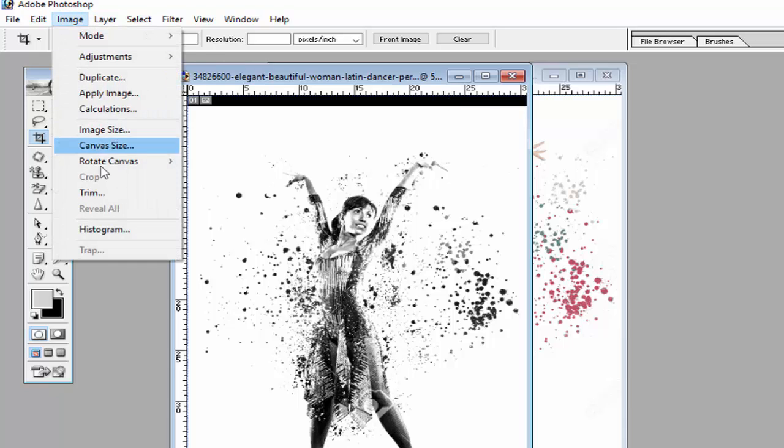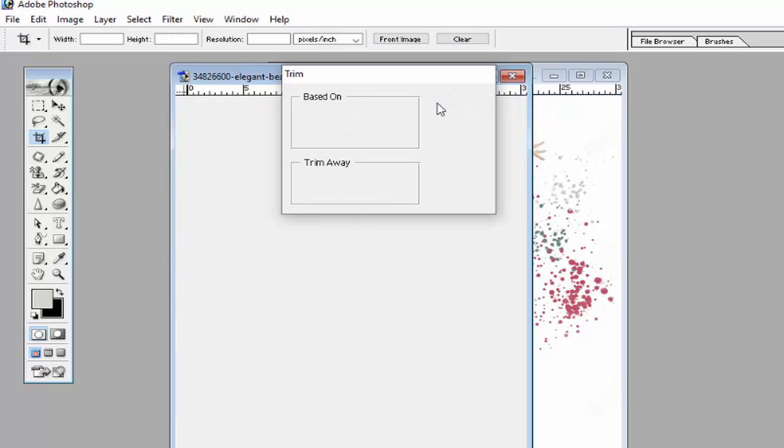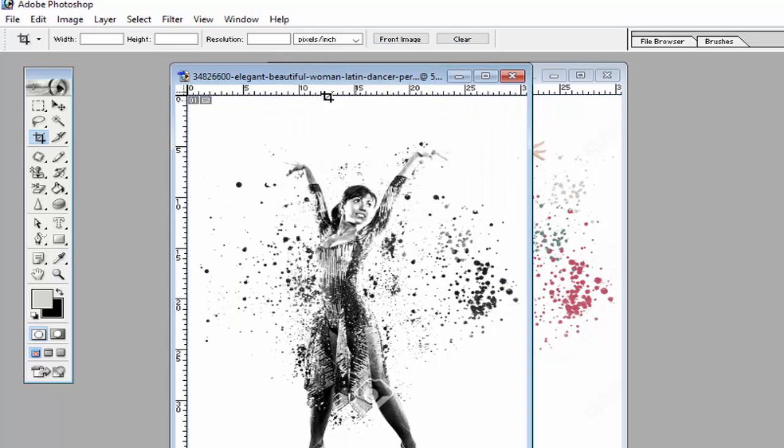This is a way to trim, meaning remove the left and right parts of your image. And if you want to remove the top and bottom parts also, select top and bottom and then click OK. It will remove the top and bottom canvas. So you can remove this part.